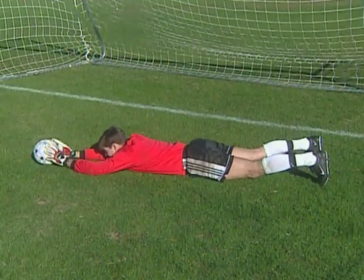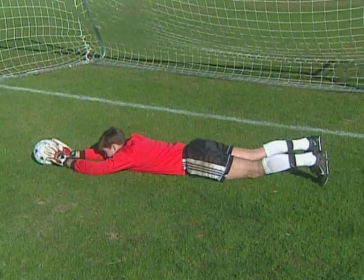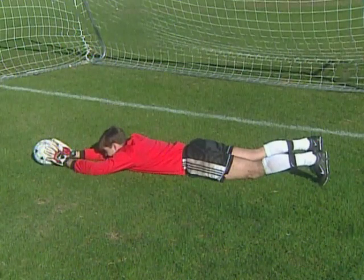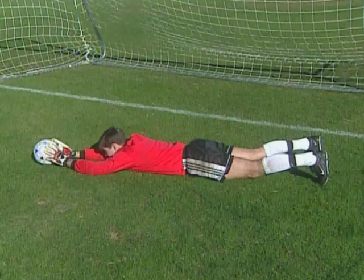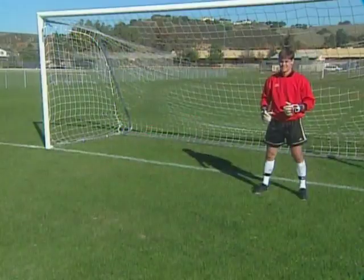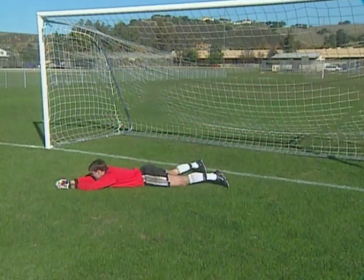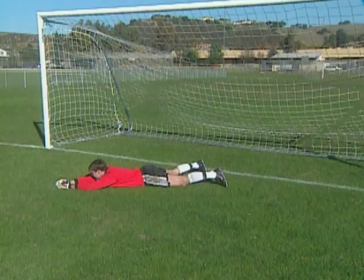It might be good fun in the pool, although even that can hurt, but not good fun for the goalkeeper, as it's very difficult not only to catch the ball, but also to see the ball in the final stages of the dive because of an impaired vision brought about by the left arm. As we see here, the exaggerated belly flop produces the momentum to push the ball away from the goal,